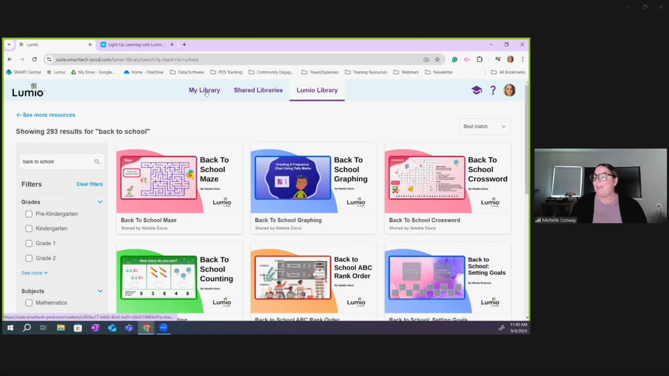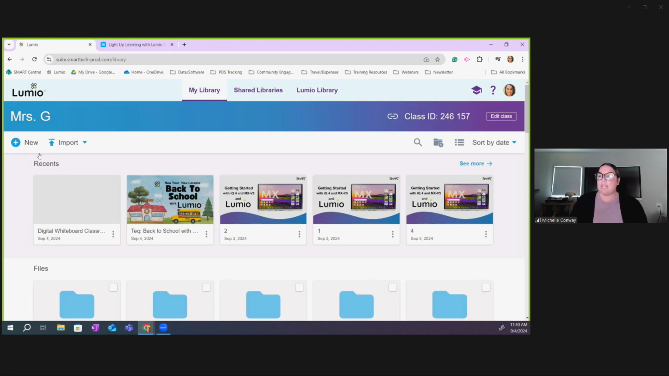Hopping back over to my library now. So obviously when you have a moment, I recommend diving into that Lumio library. You will see right under recents those files that you have saved. Typically, you can just hover over the file and start editing it. You can start it, you can actually assign it to your students, but I'm actually not going to touch that file